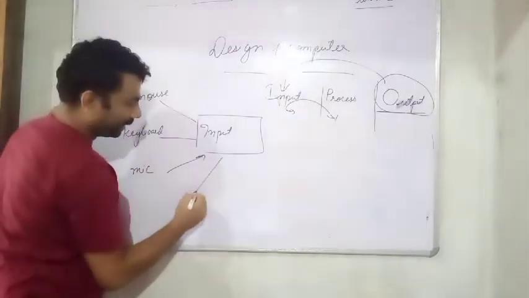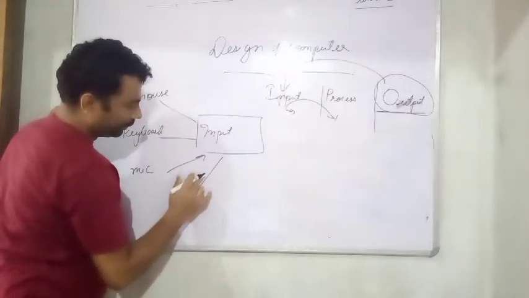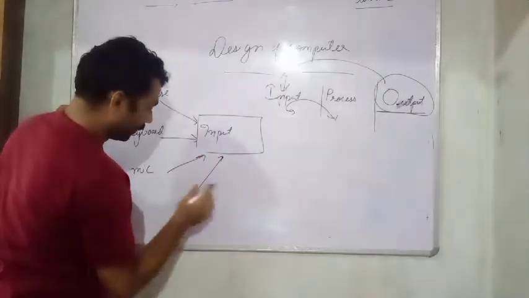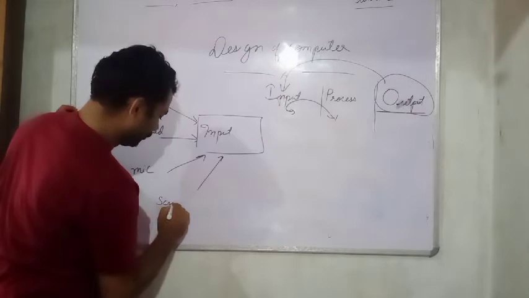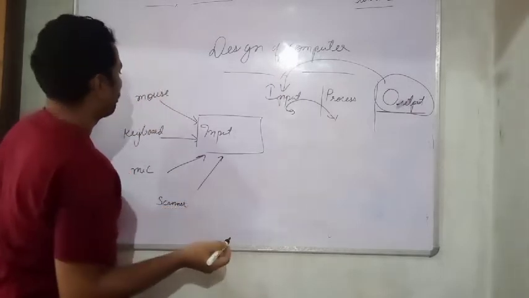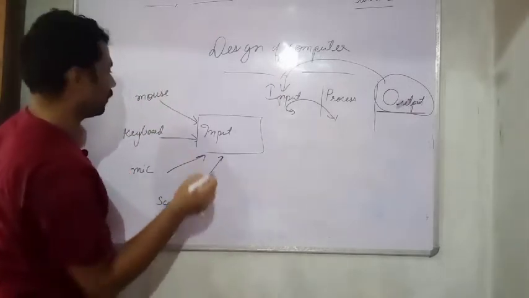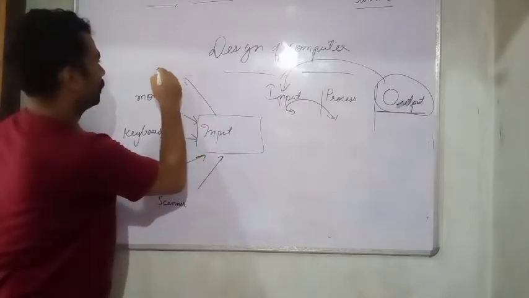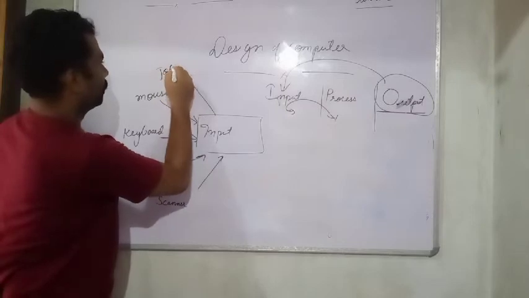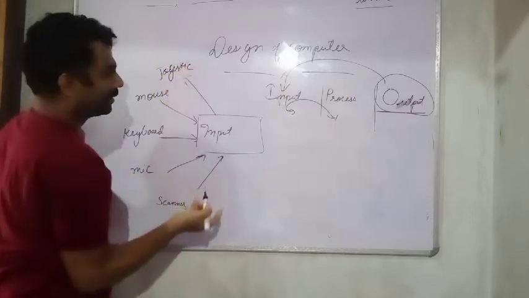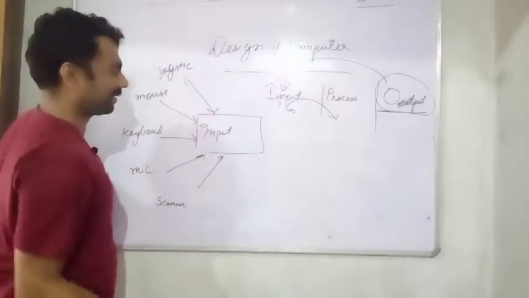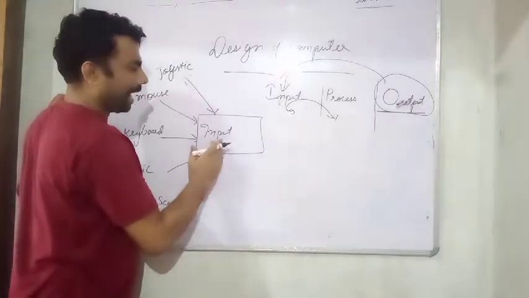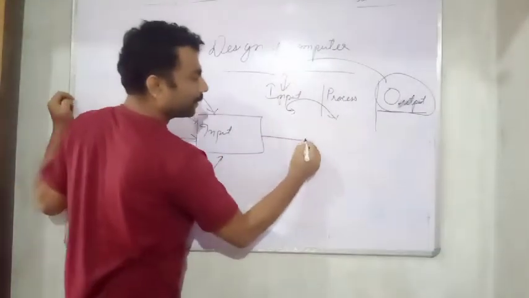Fourth device, what we are writing here, scanner. Many more devices there, joystick, etc. When all these devices give the instruction as an input into the processor,